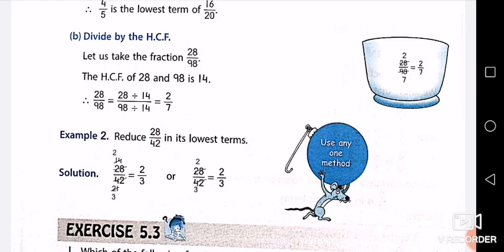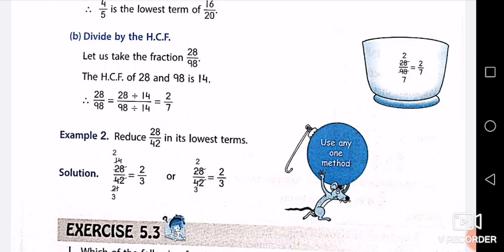Now if you don't remember the table of 14, then you can do the division with the table of 2, and then you can divide by 2 or 3, whichever is common among them. If you know the table of 7, 7 4s are 28, 7 6s are 42, then you can do the division with the table of 7, and then you can do the division with 2.